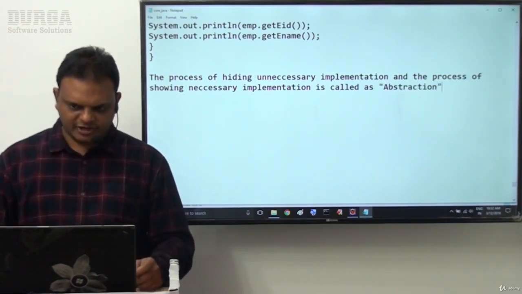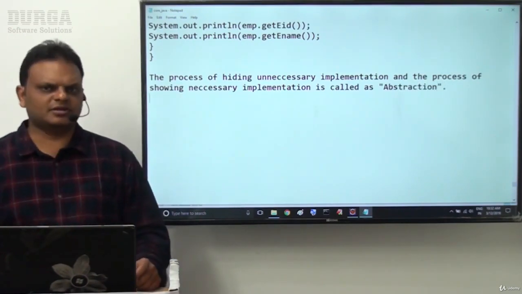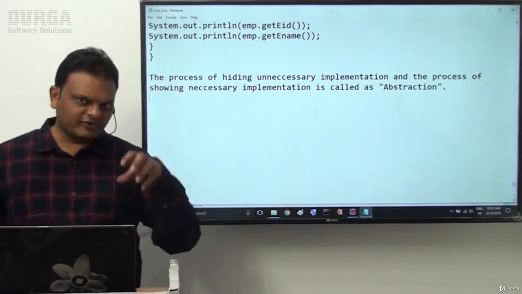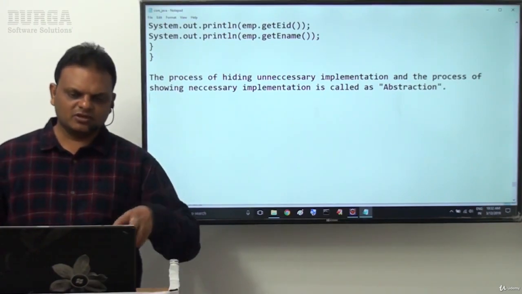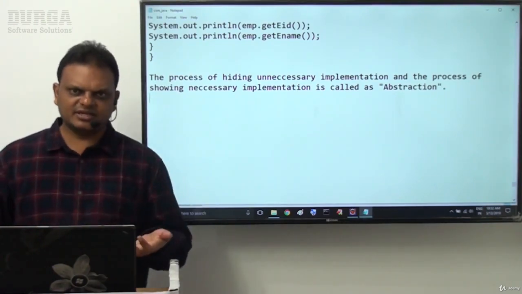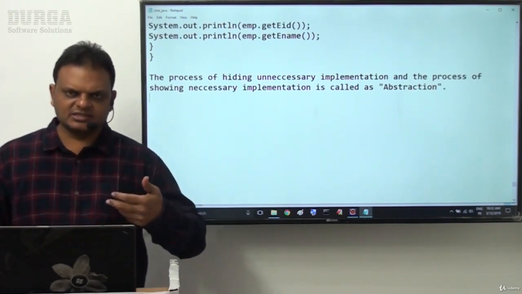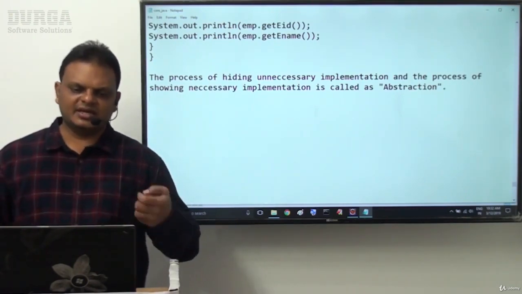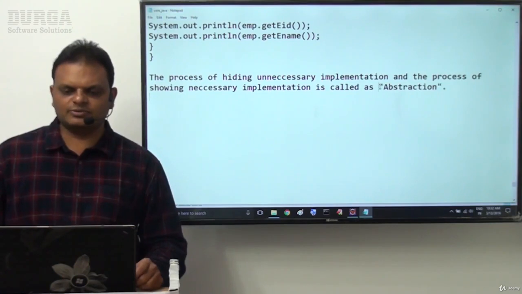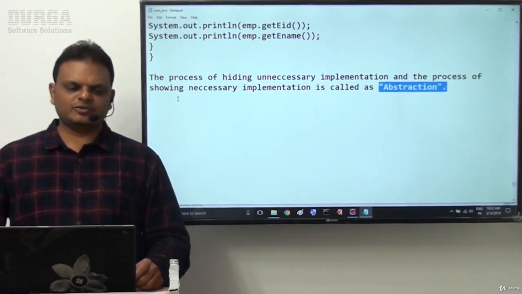Don't think abstraction is only hiding the content. No. The process of hiding the data, as well as the process of showing the necessary data. Hiding unnecessary and showing necessary is an example of abstraction. This is the meaning of abstraction.